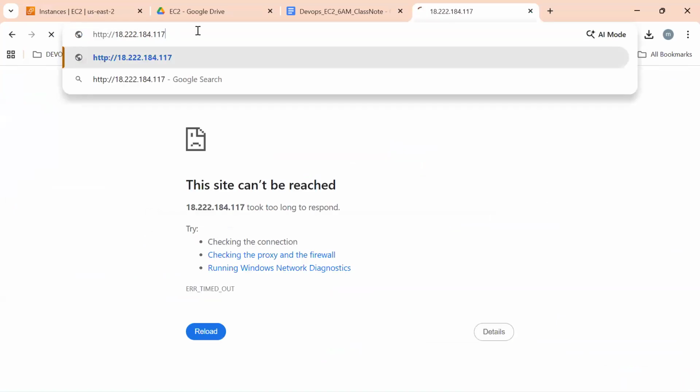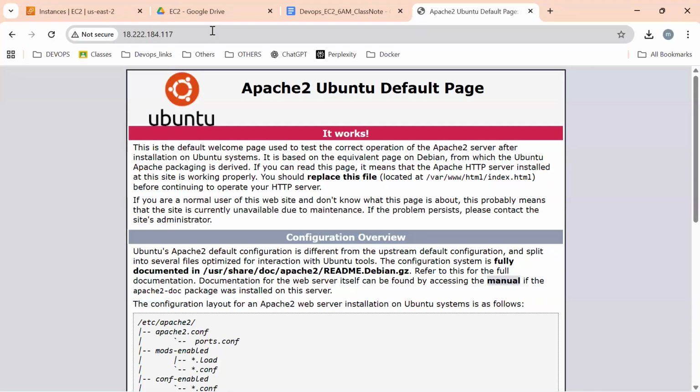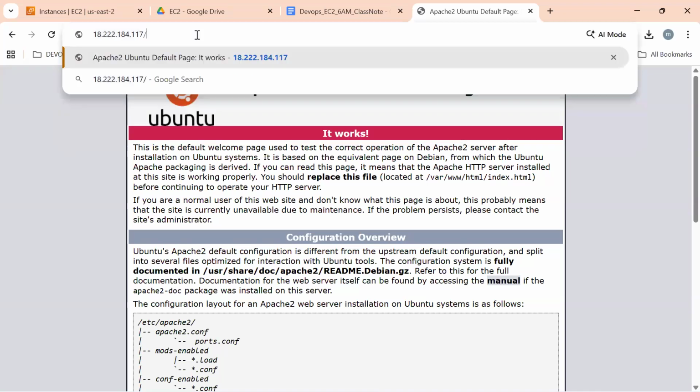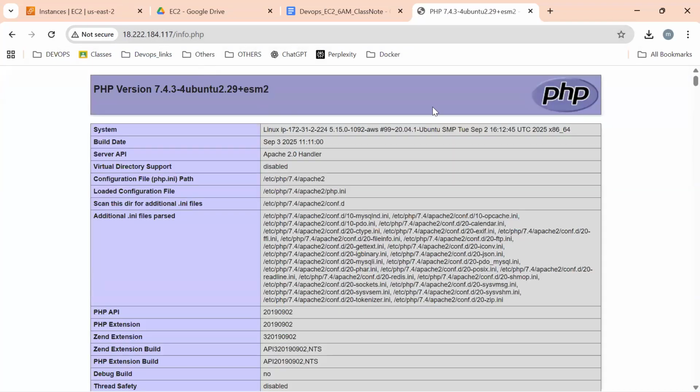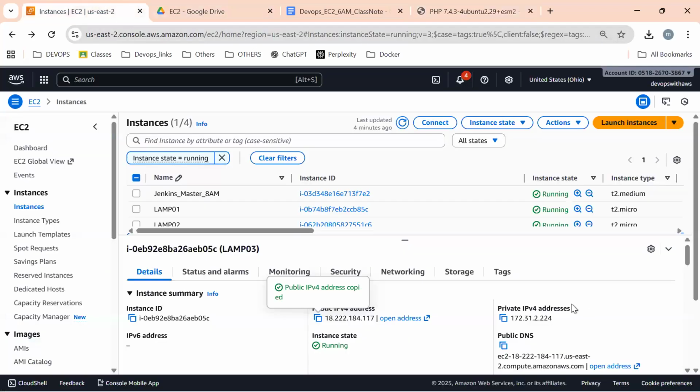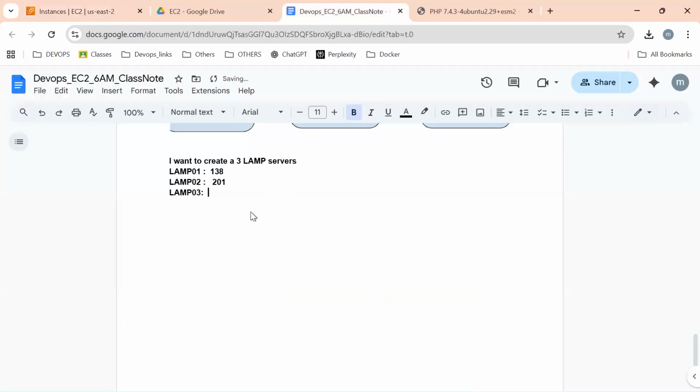Remove the S. Info.php. What is the private IP here? 224. Am I right? Double two four. Please keep this in mind.